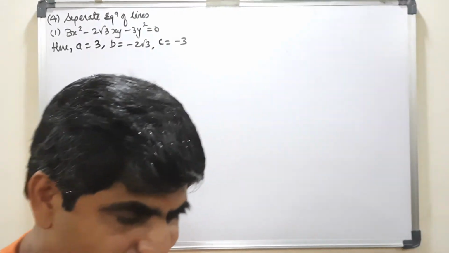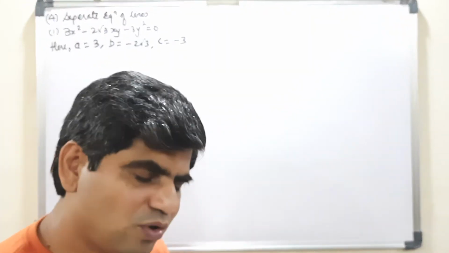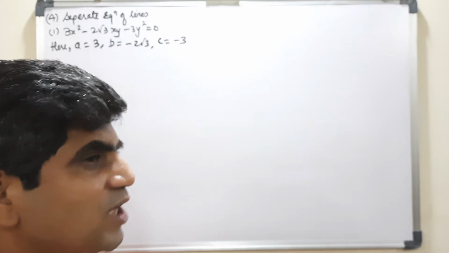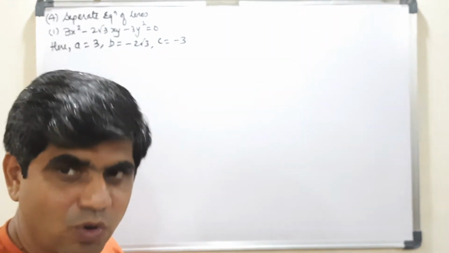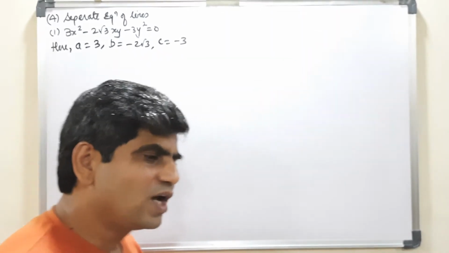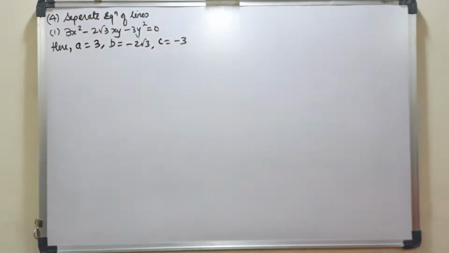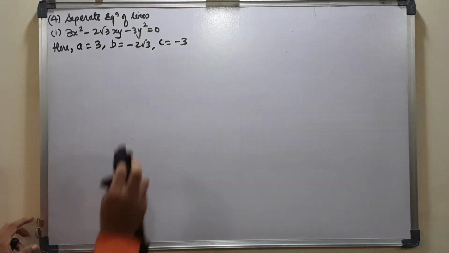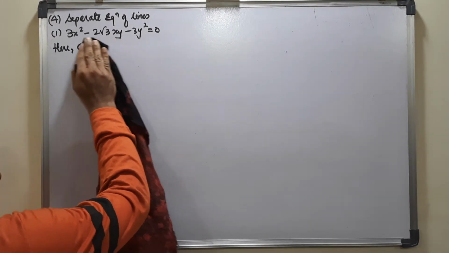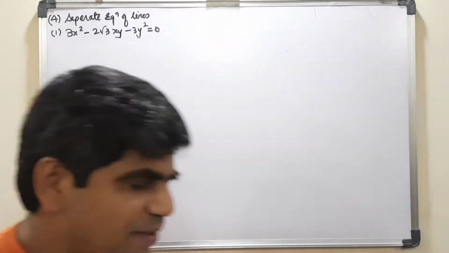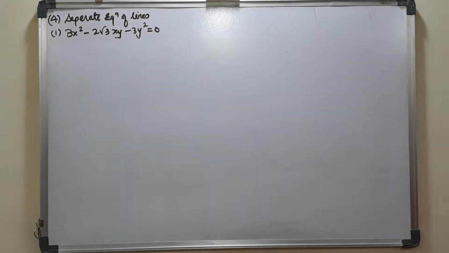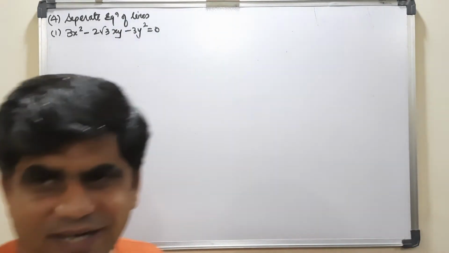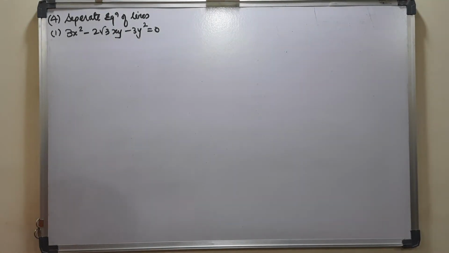So for using the formula, you will have to do one thing. You will have to convert it into a quadratic, which is not quadratic right now. So how to convert that into a quadratic, I am showing you here. I will show you the direct method first and then I will show you this method, and you decide which you want. First I am showing you the direct method, which is simple factorization.